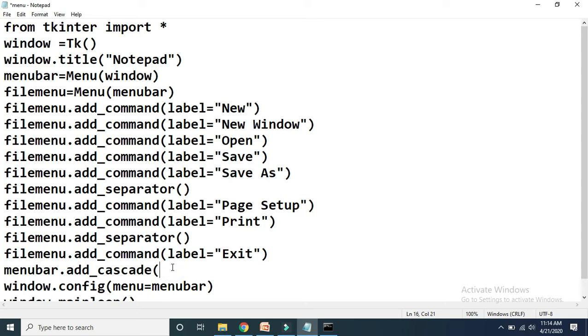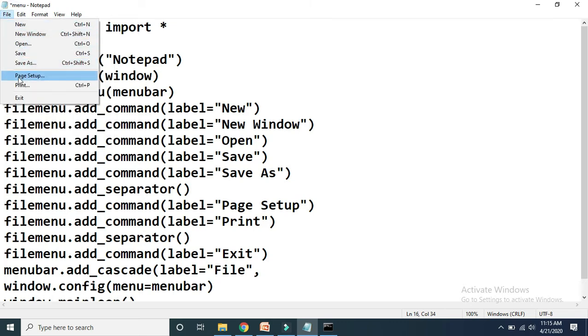Now for this we have to pass some parameters. The first parameter will obviously be label. What label do we have to display here? We have to display this file label. So here you have to assign the value file. And under this file label we have to display these options.